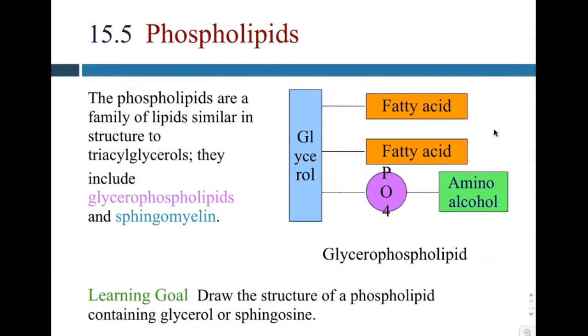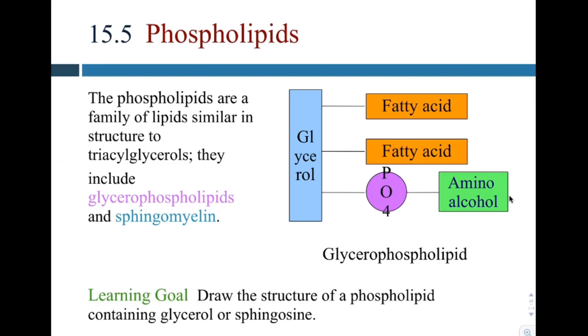All right, so moving on to phospholipids. Phospholipids have phosphate. So if you have a triacylglycerol, right, so triacyl group here, then you have your phospholipid. It's the same glycerol backbone, but you have a phosphate instead of a fatty acid. On the other side of that phosphate, you still have your alcohol, but it's an amino alcohol. And so you've got two different types of